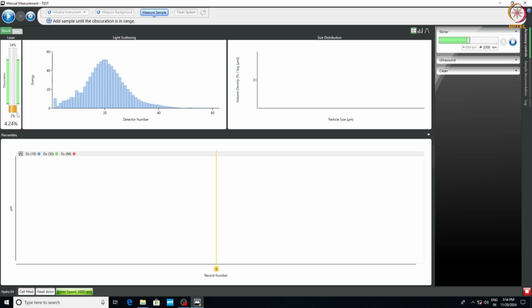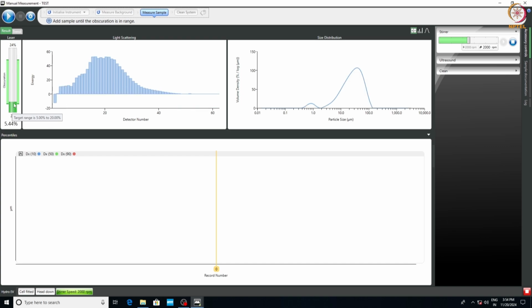It is increasing. See, after it crosses 5%, it turns green. So that indicates that the instrument is now ready for the measurement.